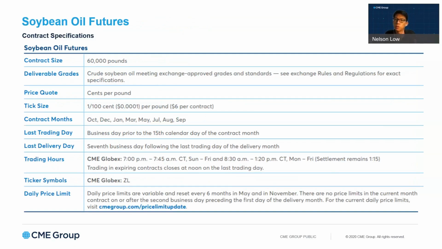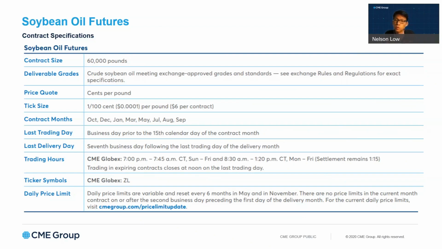Okay, so let me walk you through what the Chicago Board of Trade soybean oil contract looks like. It's a very liquid contract. It's been traded for many years, almost 70 years now. And volumes are extremely heavy, especially this year. This year has been a very heavy year because there's been a lot going on, and I will explain to you in the next few slides what has been happening. But let's start first with the soybean oil futures contract. If I may just explain a little bit here.